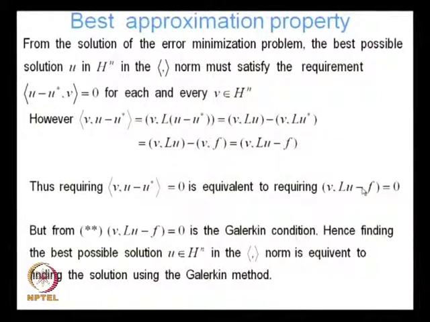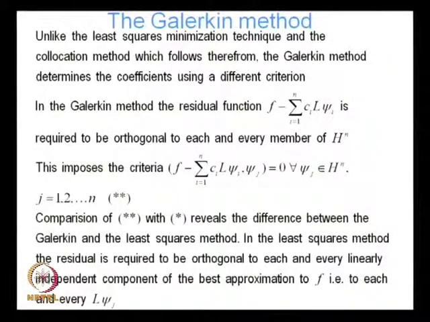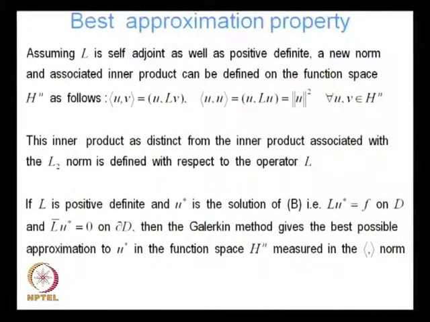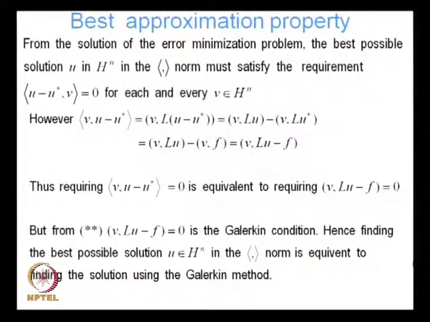But (v, Lu minus f) equal to 0 is nothing but the Galerkin condition, which we have seen. That was my Galerkin condition. If I think of psi as v and this is f minus Lu, that is my Galerkin condition. So, if I minimize the error, then I satisfy Galerkin's condition. To minimize the error, I have to satisfy that requirement, which I know from earlier, and satisfying that requirement is equivalent to satisfying the Galerkin